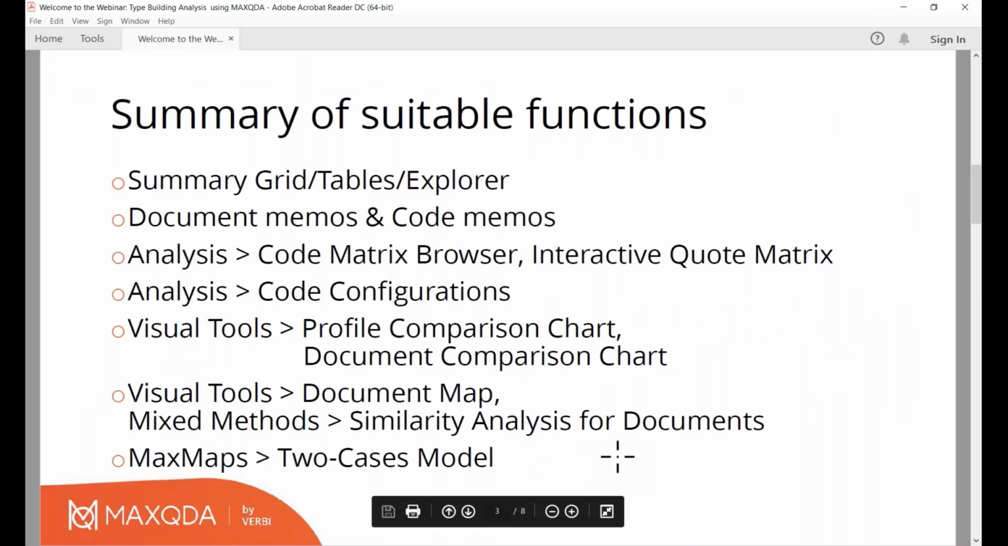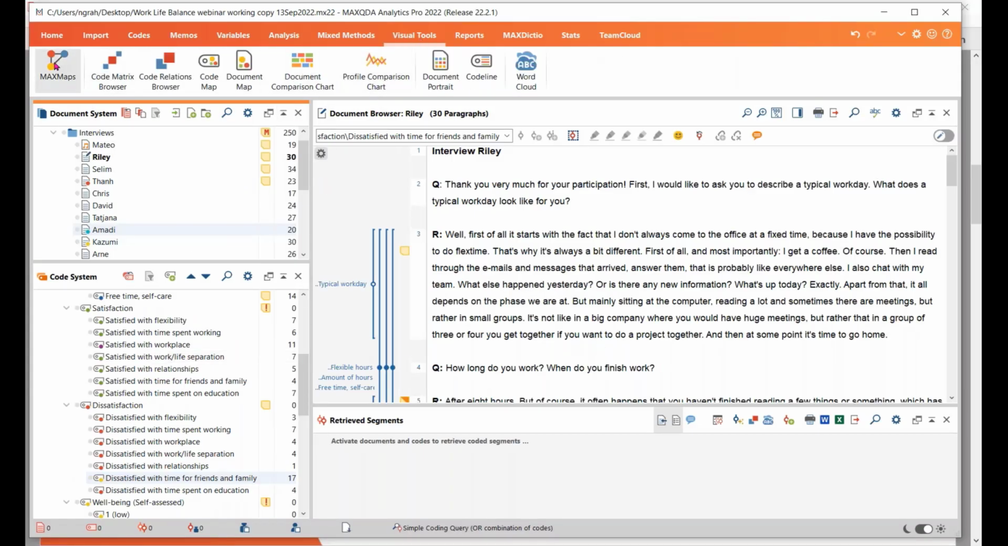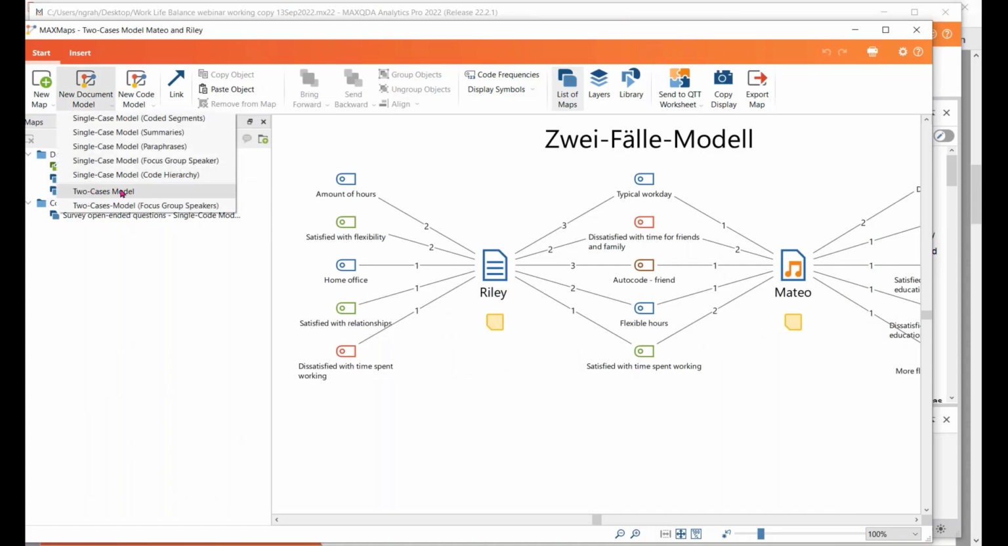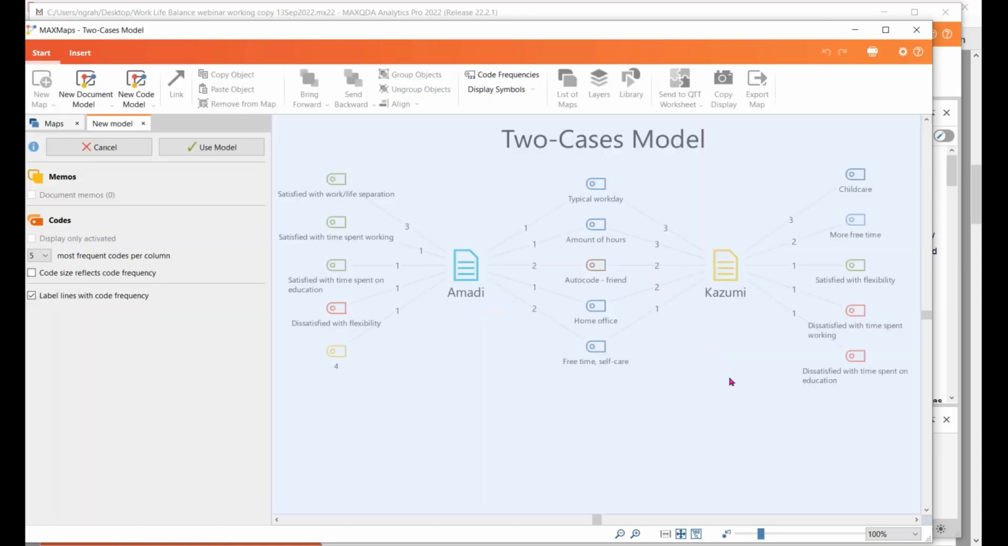Just one last possibility using MAXMaps. Let me just go to the visual tools and open up MAXMaps. In the document models, you can have a 2 cases model. So I can drag 2 documents together in here. Let's have Amadi and Kazumi as my 2 cases. And now it's showing me,